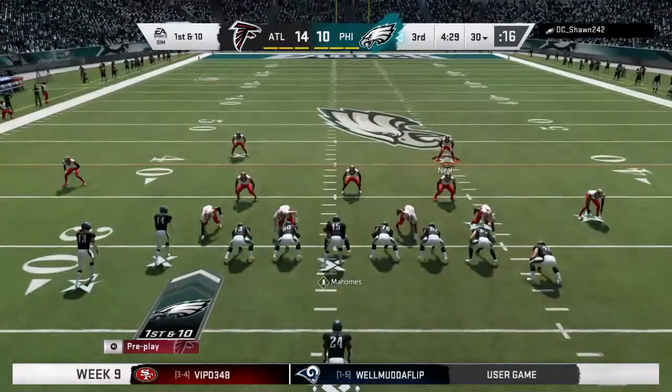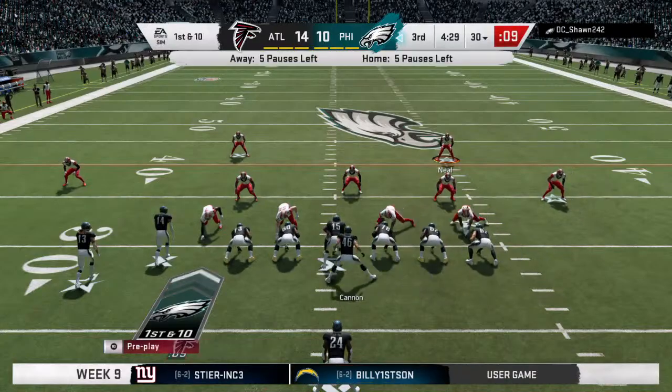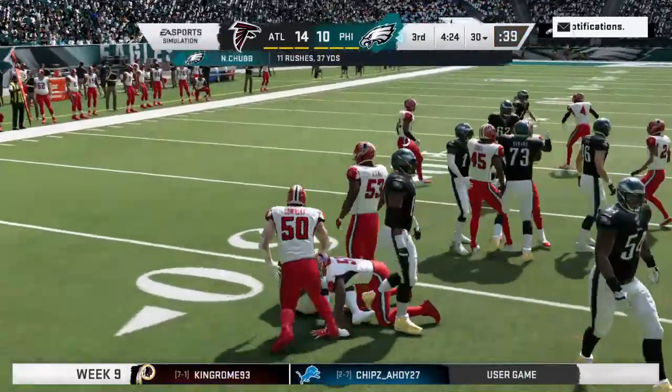This is where scripting comes into play a lot of the time. How many plays do you script coming out of the second half? Most of the time in the first half, you're scripting 12 to 16. I think in the second half, you're really scripting more like 8 to 10. Kind of a starter or an opener, whatever terminology they use, just something to get you off to a quick